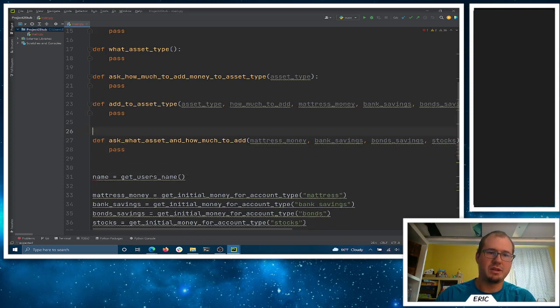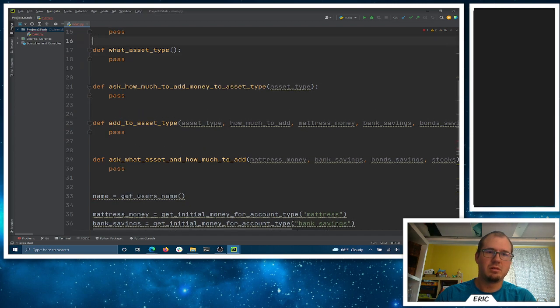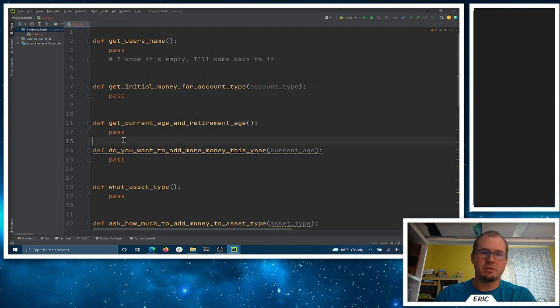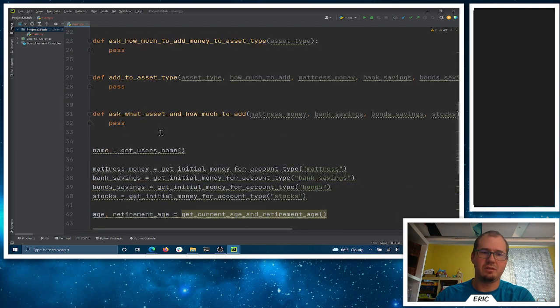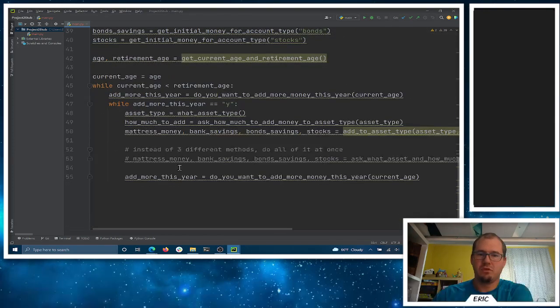Sorry, and it wants more lines here. It likes 2 lines after every function, just for reasons. It's just a convention. Okay, so either way is going to work for us. Either way we want to break those functions out, it's fine. And then, okay, do you have more money to add this year? Great. And then again, that same sort of thing, we're going to take our balances,